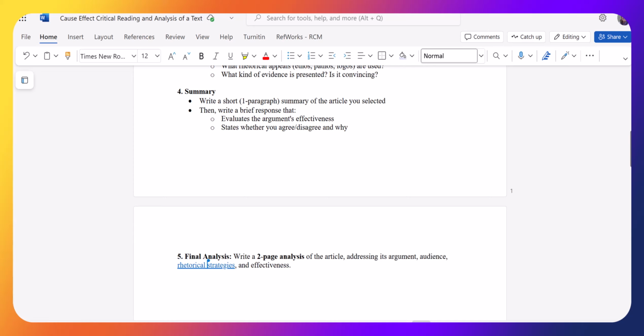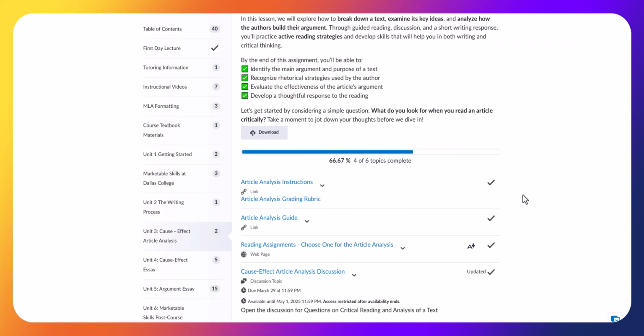There's a link here that will take you to Purdue University on using rhetorical strategies for persuasion. So look through those rhetorical strategies before you decide which ones you want to write about that was presented in this particular article. Then, once you have written your article,